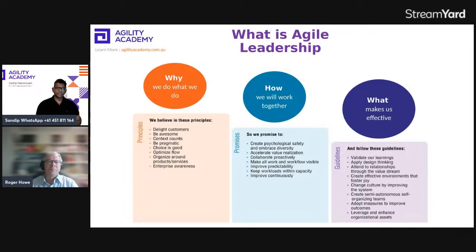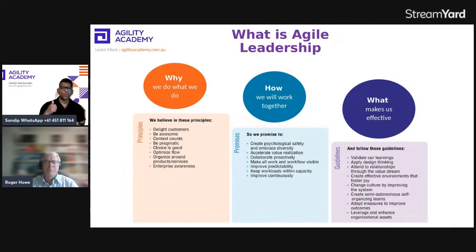So what is an agile leader or what is agile leadership? When you talk about agile leadership, the first thing which comes to anyone's mind is growth mindset. Someone who is there to support you, someone who is there to help you navigate through uncertainties, ambiguities, and take you to the next level. Now, when you talk about agile leader or leadership style, there are three things which are crucial.